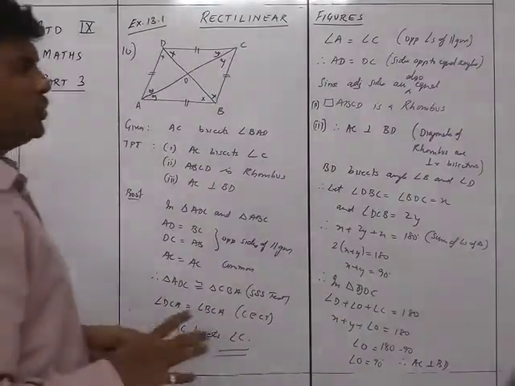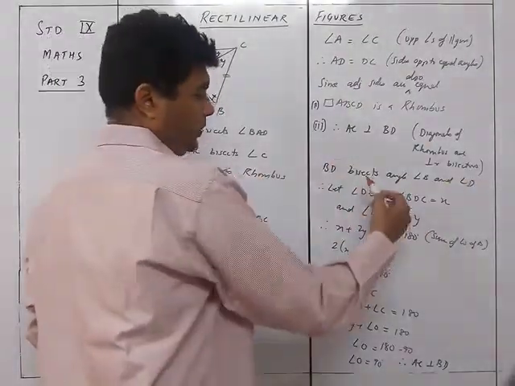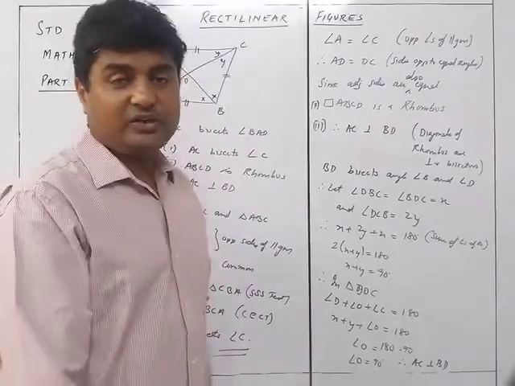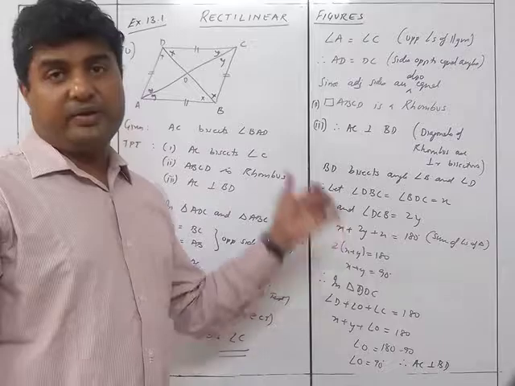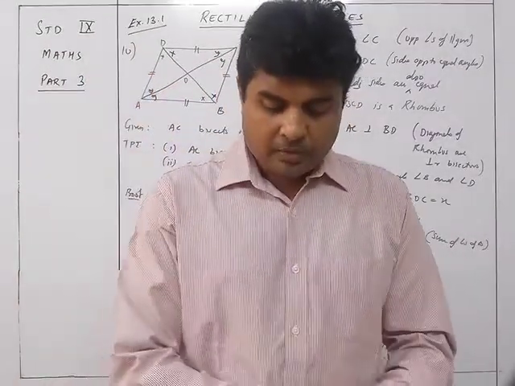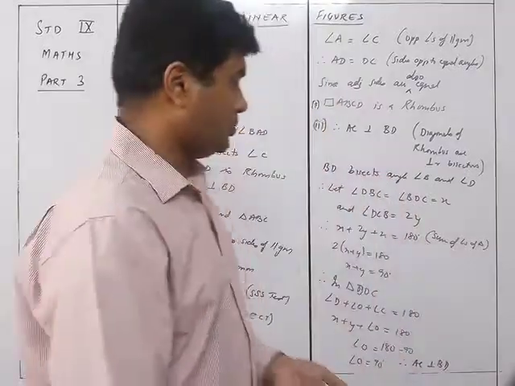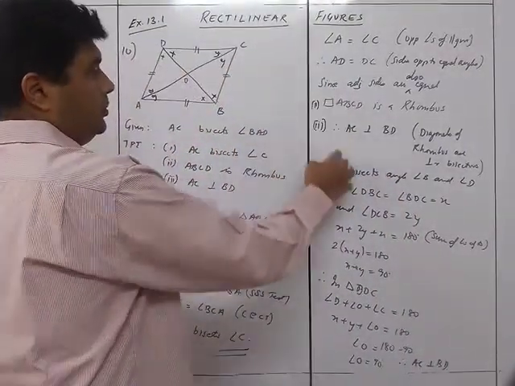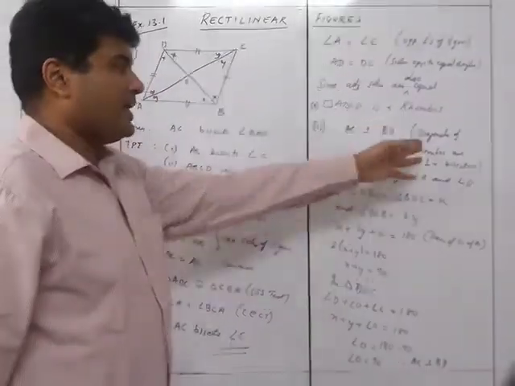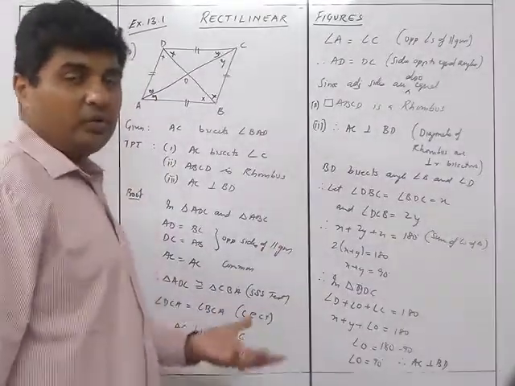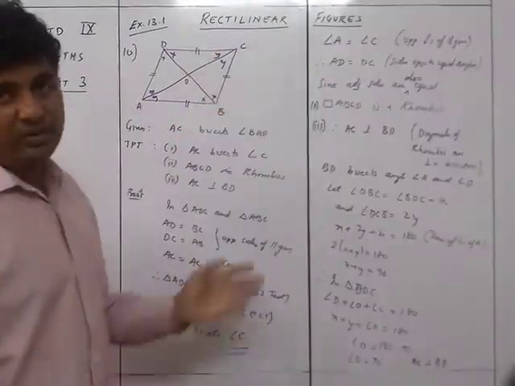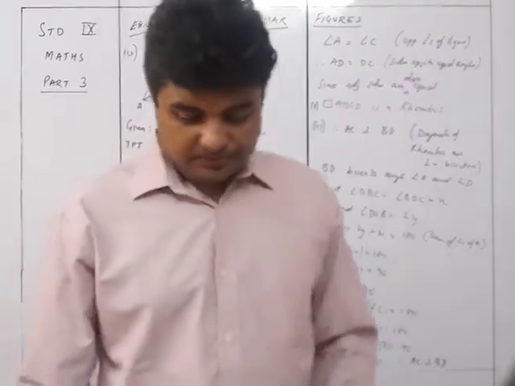So in case you don't want to use this thing, you can go for a longer method also. Or else, in case the question is only this thing, then you can use this method for finding out the answer for question number 10. Normally, you will not be having to do this one alone. So, if it is not alone, then you can always directly write it. But if it is given to you just to prove this much part, that they are perpendicular to each other, then you can use this particular method.